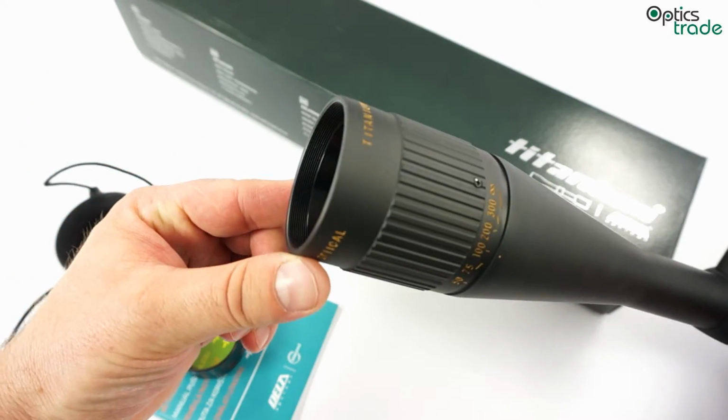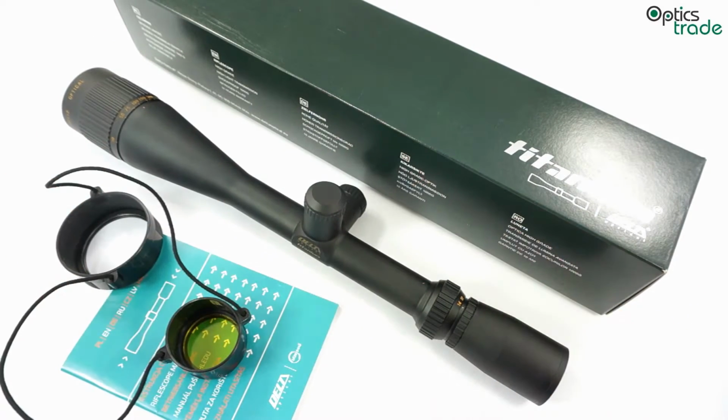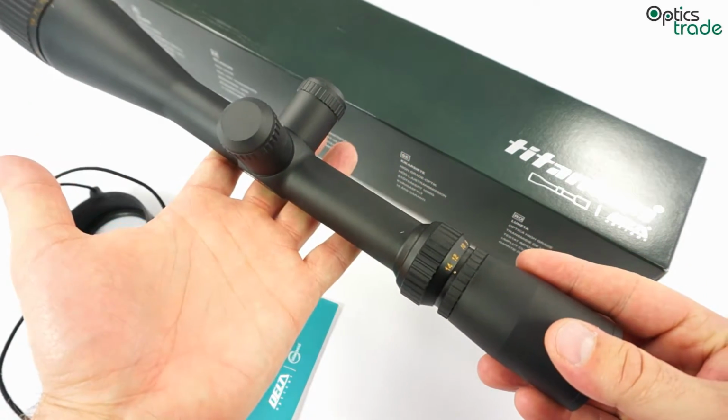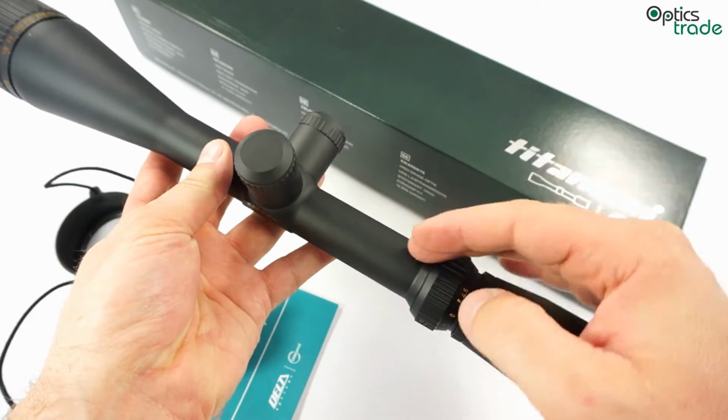With a 44mm entry lens and a 1-inch tube, this scope is also highly suitable for all air rifles or small caliber rifles like .22 caliber rifles. In Central Europe there is a problem that there are not a lot of shooting ranges where you could shoot on longer distances, especially if you want to practice tactical shooting. So this is probably an ideal choice if you would practice tactical shooting with a small caliber rifle. The reticle is not illuminated,